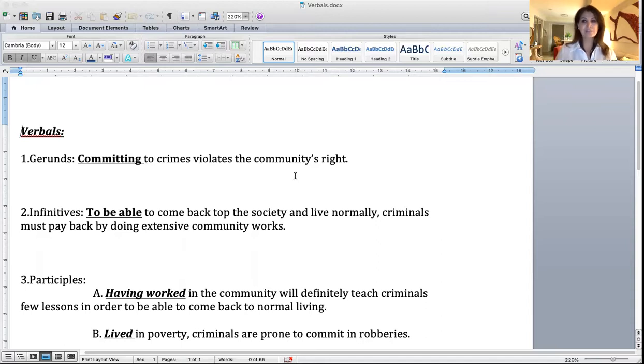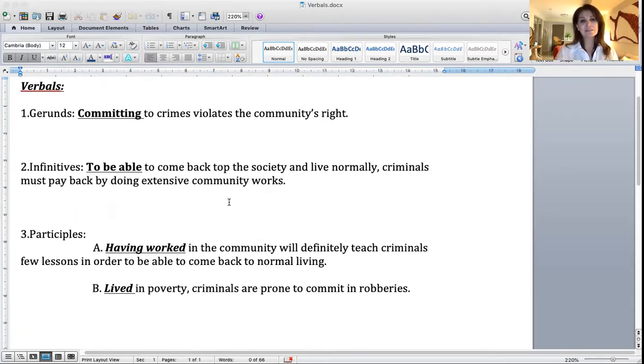In IELTS speaking and IELTS writing, variety of structure will help students to have Band 9 in IELTS writing as well as IELTS speaking. A gerund at the beginning is a verbal and is one of those techniques. The second technique is considered the infinitive. Infinitives at the beginning of a sentence or considered as the object are